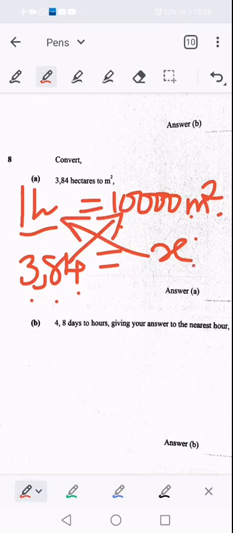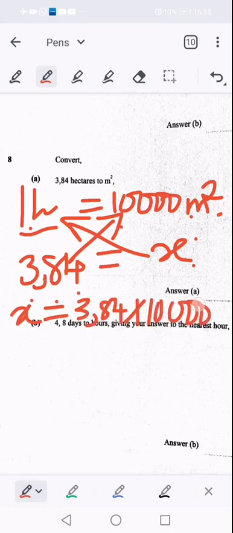So ndikati x times 1 ndakuwana chi x kureva kuti ma square meters angu ndichamawana kana ndati this one times this one, which is 3,84 times 10,000. So ndangoita cross multiplication ndangoti nini 1 hectare is equal to 10,000 square meters, then ndobva ndati what about 3,84 hectares is equal to x. Ndobva ndaita cross multiplication, this x ndobva yanomultiply uku, then this one ndobva yanomultiply uku. So x is equal to, so I'm going to multiply,